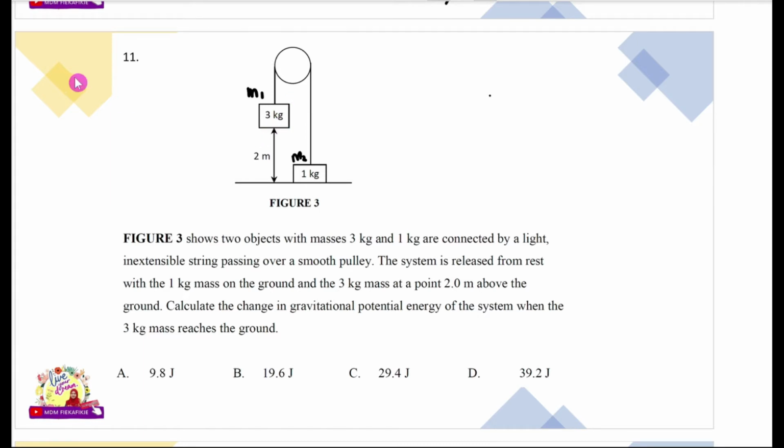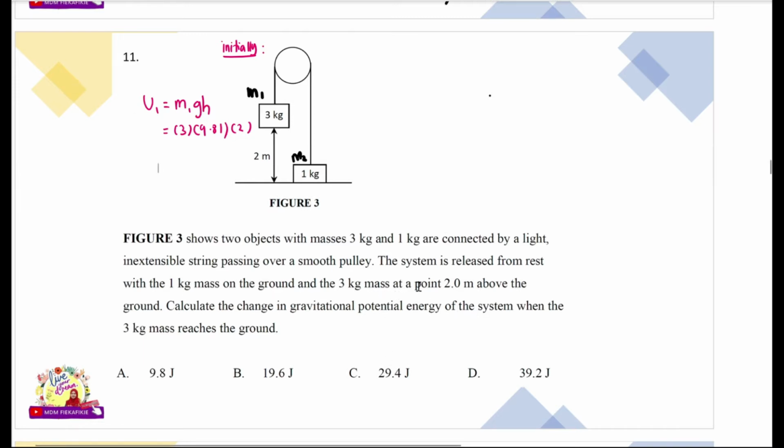Okay, so kita boleh tulis dekat sini initially. Okay, so siapa yang akan ada potential energy? Mass yang pertama, saya tulis U1 is equal to mgh, which is m1 gh. So m1 kita adalah 3 kg times 9.81 times 2 meter the height. Okay, so kita boleh kira lah berapa dekat situ. Okay, and then